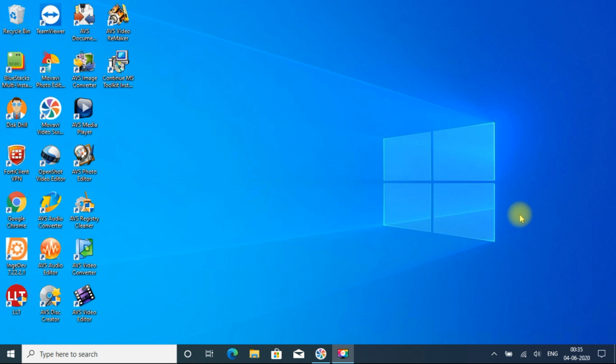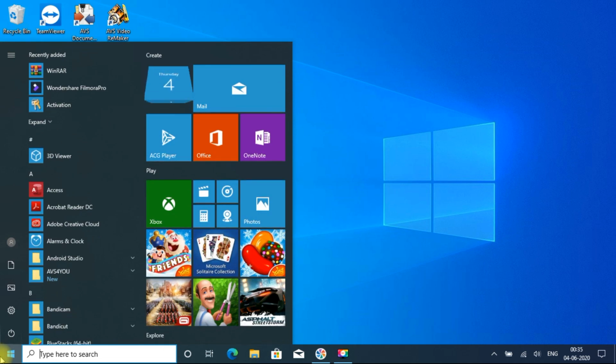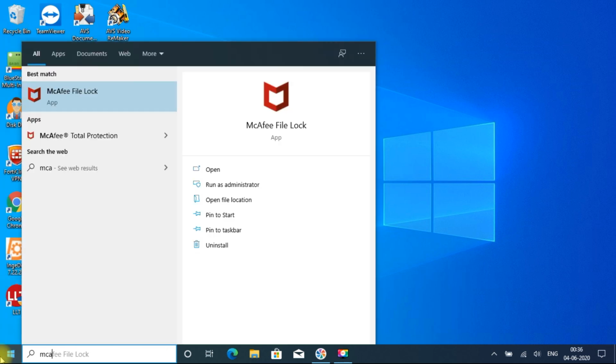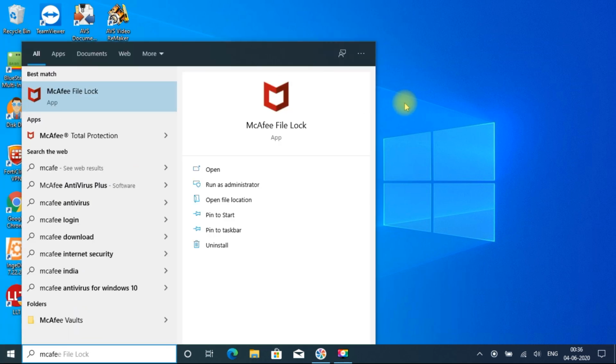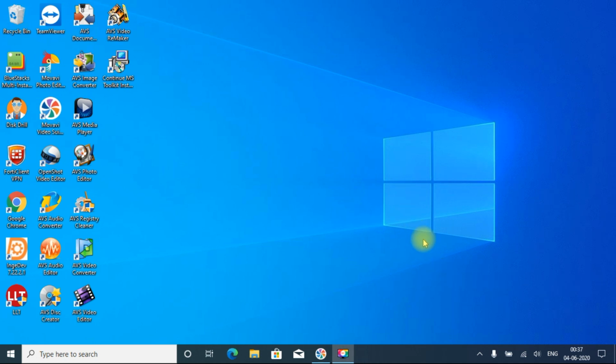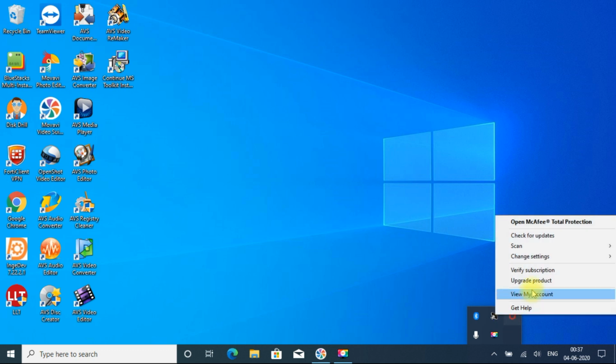The first thing is we have to disable the firewall and antivirus. For that, if you go to the system tray, the icon will be there. Otherwise, you can go to Start and type McAfee. Now just go to the system tray and right click. You can see Change settings.